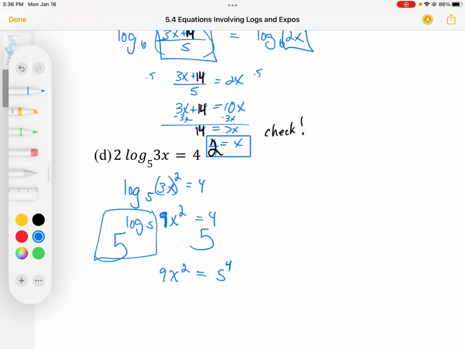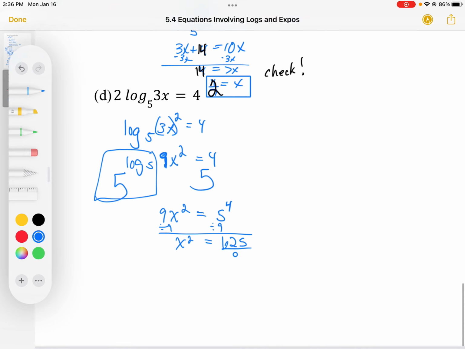So if I divide both sides by 9, I end up with x squared is equal to, what's 5 to the 4th power? 5 times 5 is 625 divided by 9. And then I can take the square root of both sides, and we would get x is equal to positive or negative